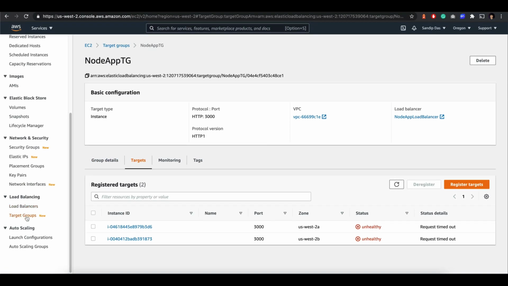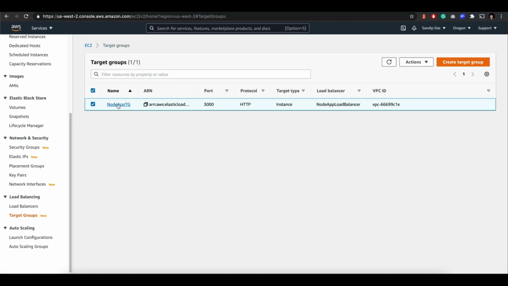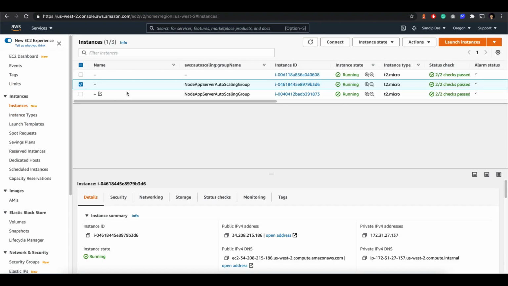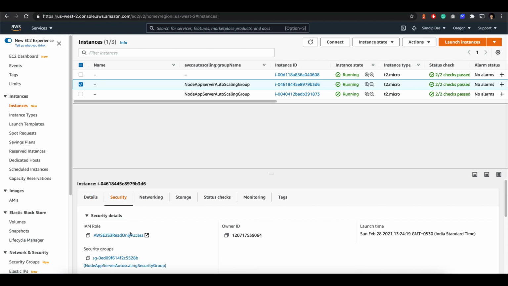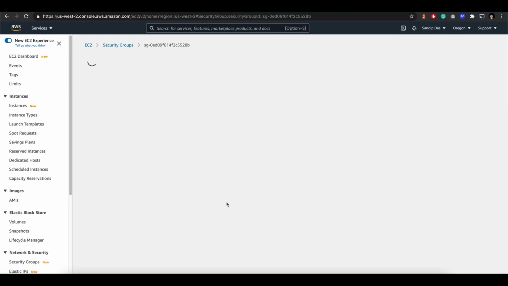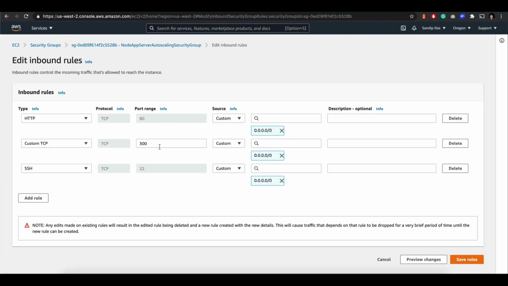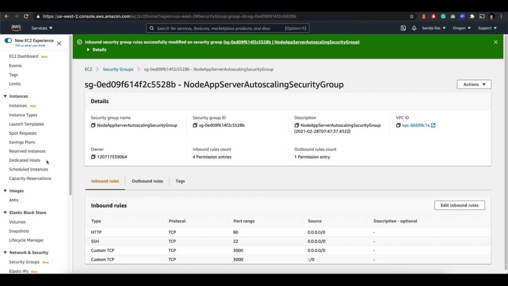Let's check the security group just in case. So target groups, and this instances, then security group. Okay, I made a mistake. Port 3000 should be allowed from anywhere. Okay, so let's do that, and this time it should work.